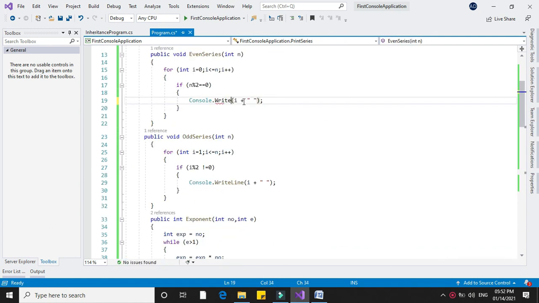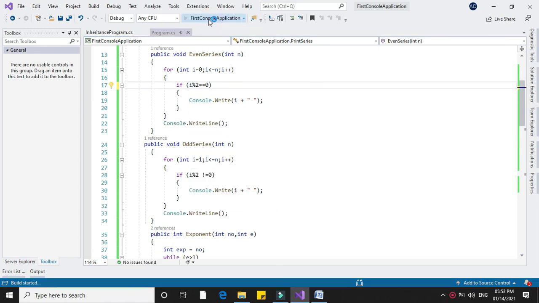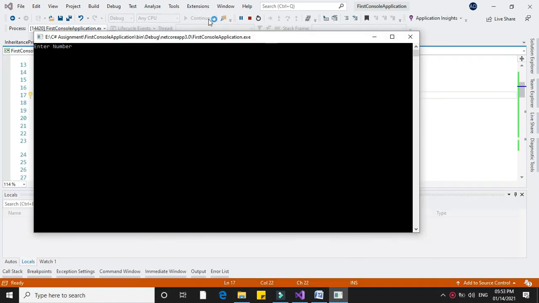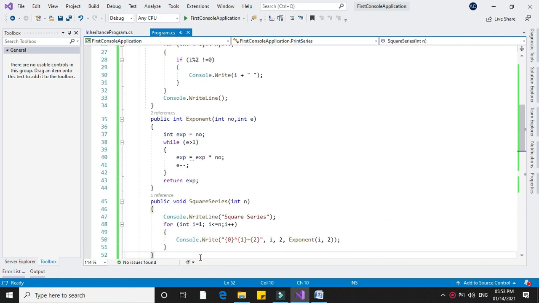We will use the Write statement here, so it will print on the same line, and after completing this for loop I will use WriteLine. When I execute it, I will enter the value 8. It will print the first series 2, 4, 6, 8, then 1, 3, 5, 7. Then it will print the square series. Since it is on the same line, I will print it on a new line. So I will use the WriteLine method here,